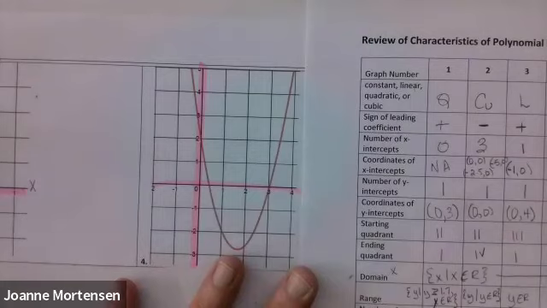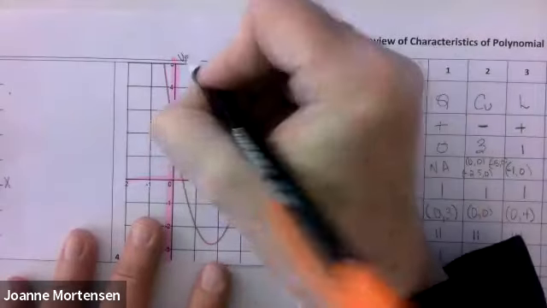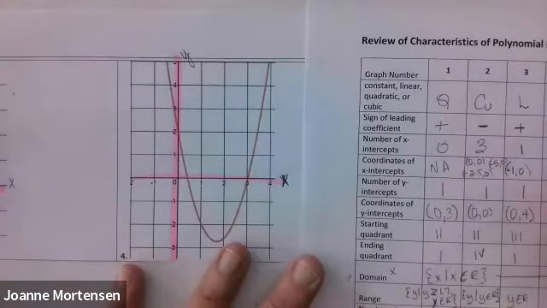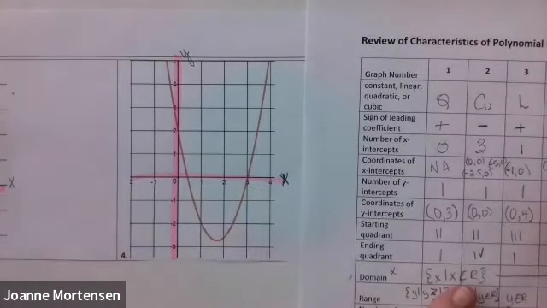Colleen, sign of the leading coefficient, positive or negative? Excellent. John, how many times does it cross the x-axis? And I'm going to mark my x-axis because I keep getting it wrong. Excellent. Can you give me the coordinates, John? What's the coordinate of that one? Three and 0. And the other one,